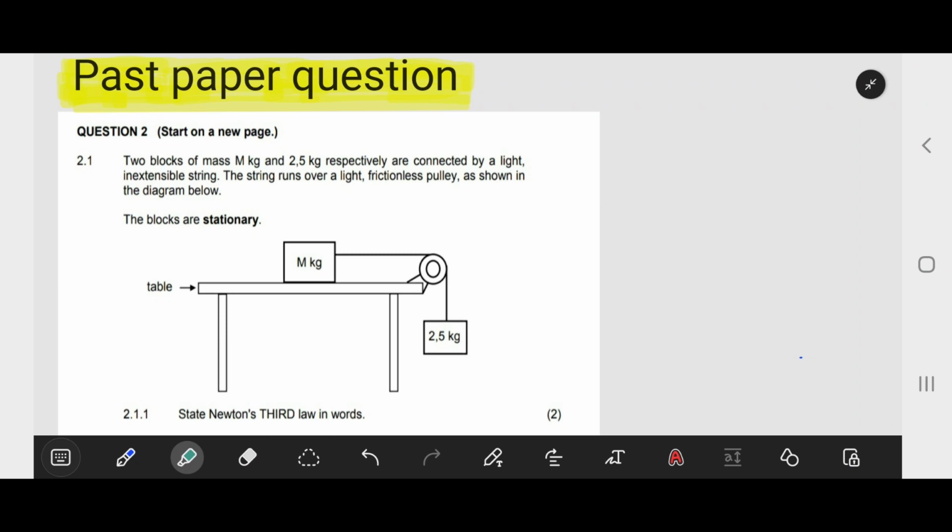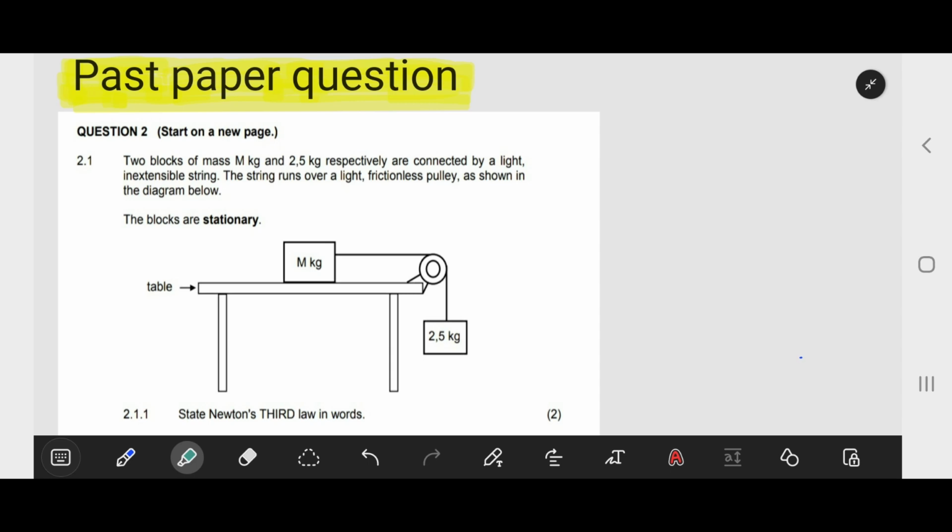Welcome to MS 100 lessons, and in this lesson I'll be doing a past paper on Newton's laws. So I'll start by reading the instruction, and then we will analyze this question using the steps that we use to analyze Newton's laws. So the question says